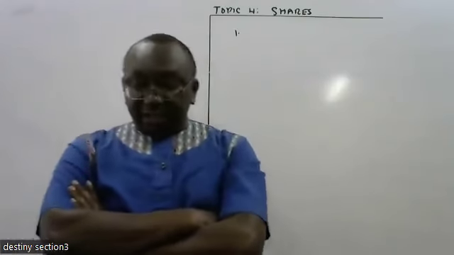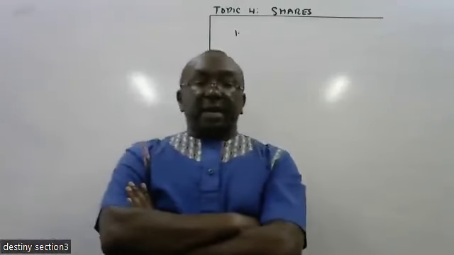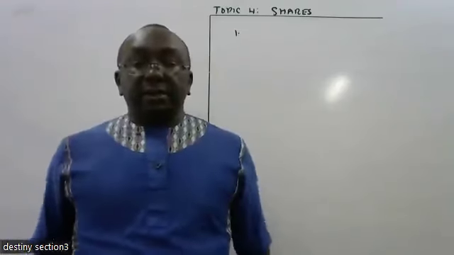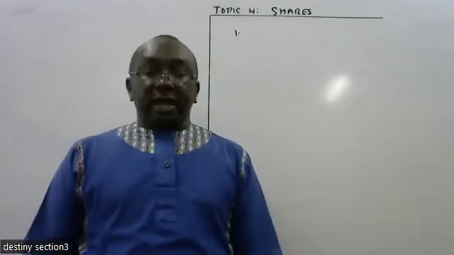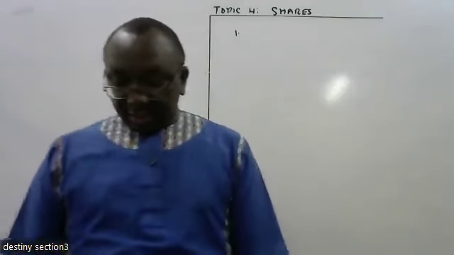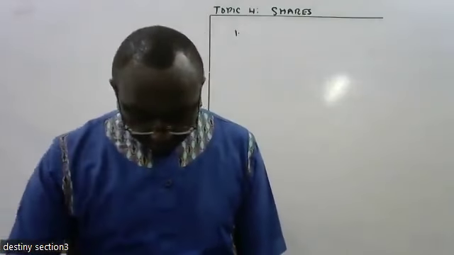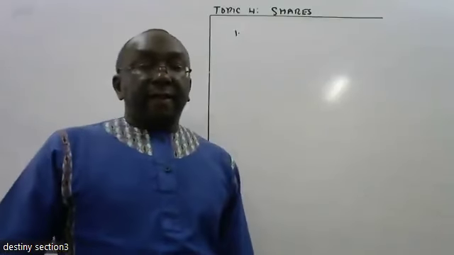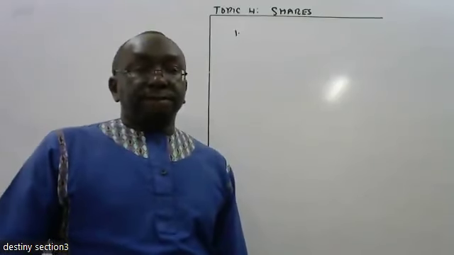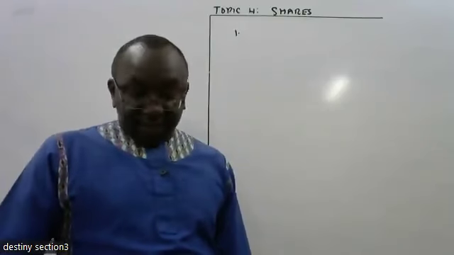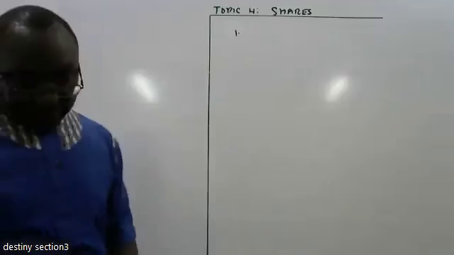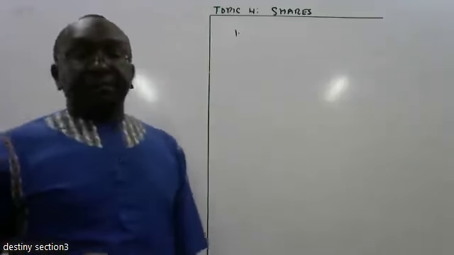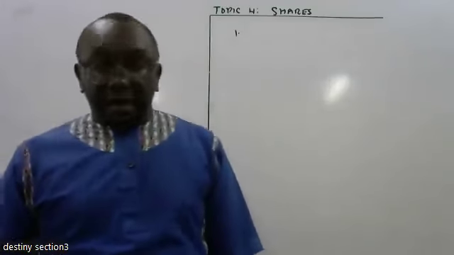Another one is request directors to call for an extraordinary general meeting. Number 11 is apply for a winding up of the company